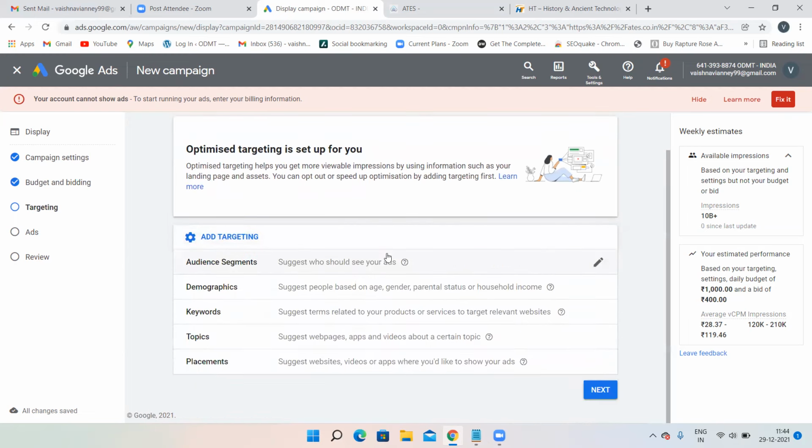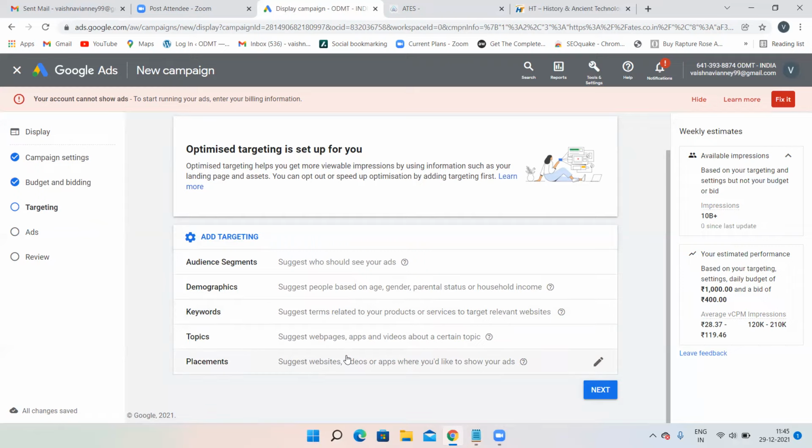Ad targeting in the sense, in audience segment, affinity will be there. That means upon their interest, you can target people. Demographics in the sense, age, gender, household income, parental status, all these things come under demographics. Keywords in the sense, there's a difference between search network keyword and display network keyword. There you have to enter a particular keyword. You have to target for this keyword, I want my advertisement to appear. But whereas for display network keyword, if somebody is talking about these kind of keywords, whichever I'm mentioning, then my ad should appear over there. That is the only difference between search network keywords and display network keywords.